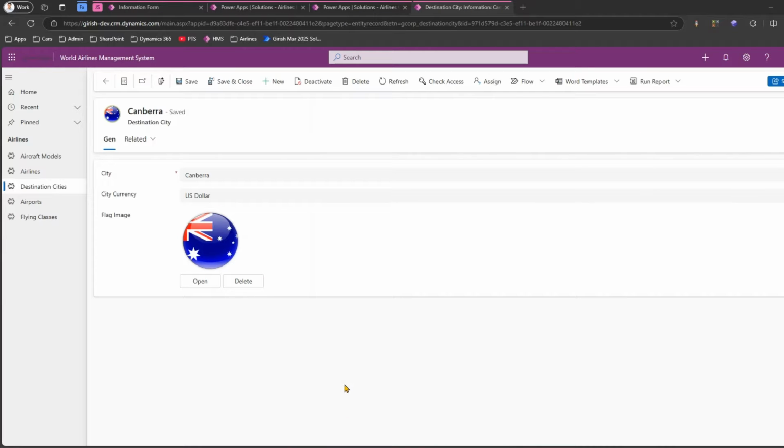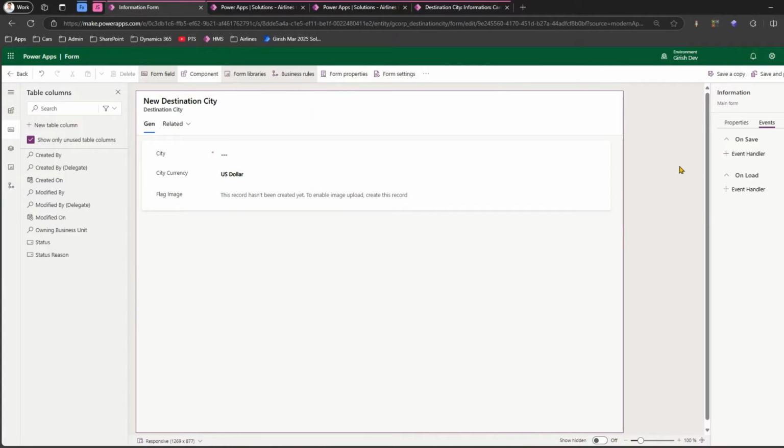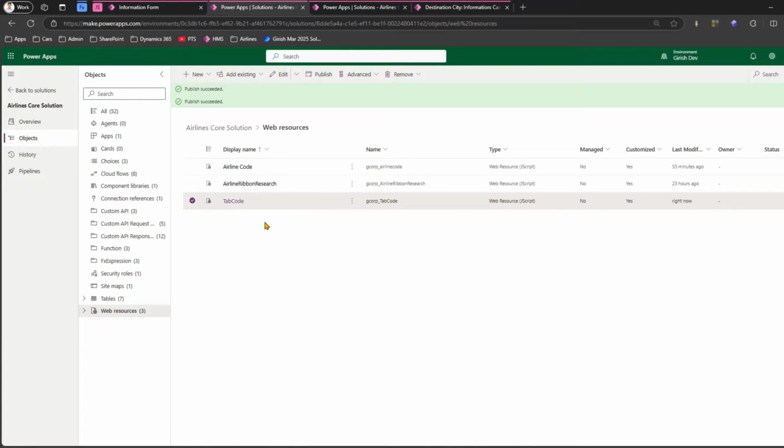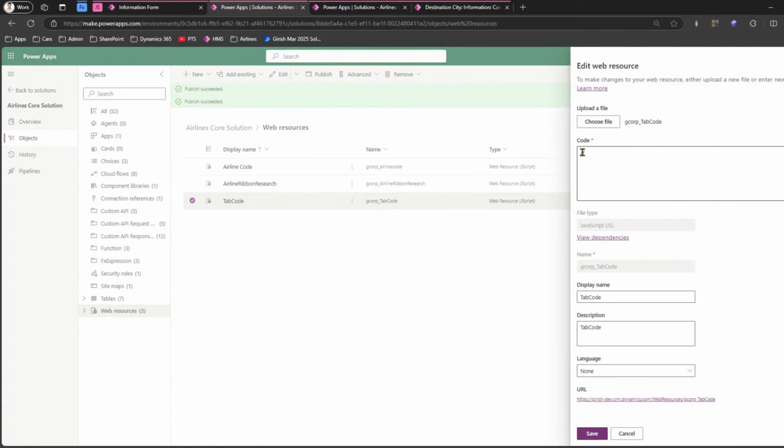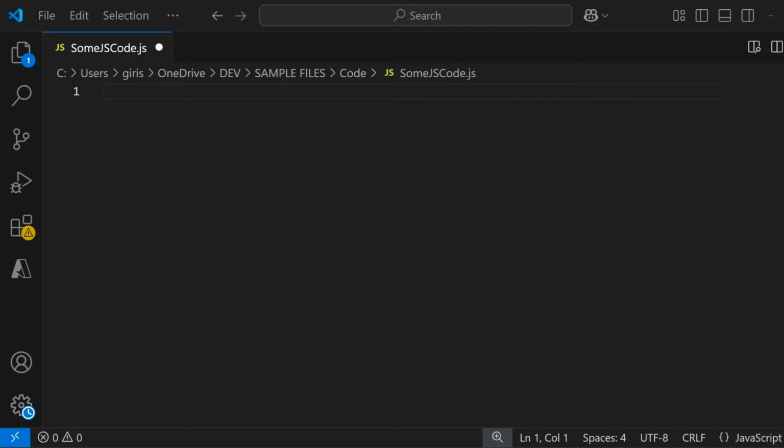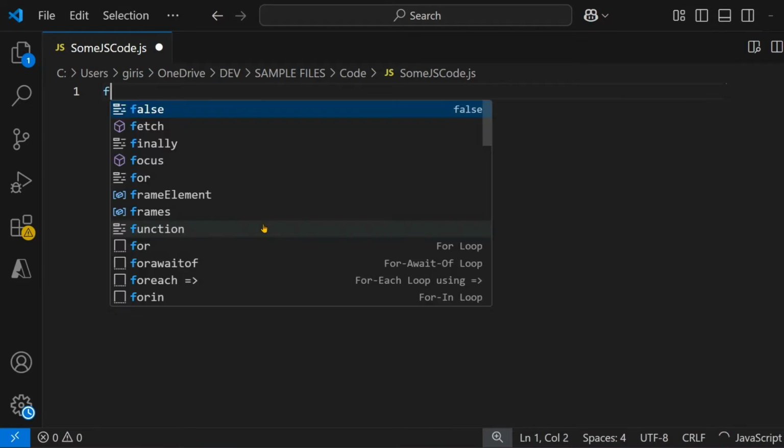Now for that, we are going to write a JavaScript. We are going to attach that JavaScript to a form, and I will update the JavaScript in that web resource over here. So I have this web resource file created. I'll paste the JavaScript over here. Now I will write a JS. So the JS name is function